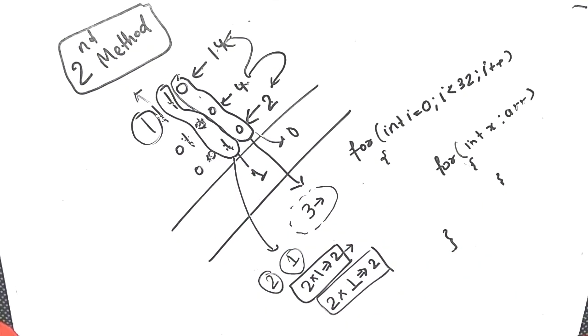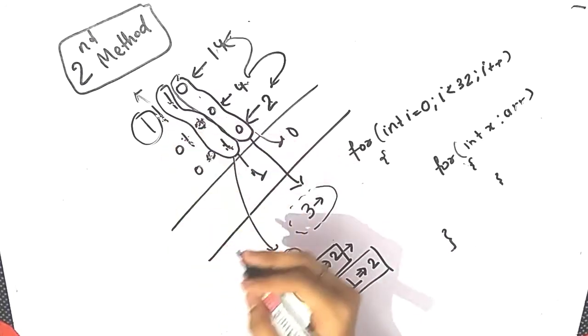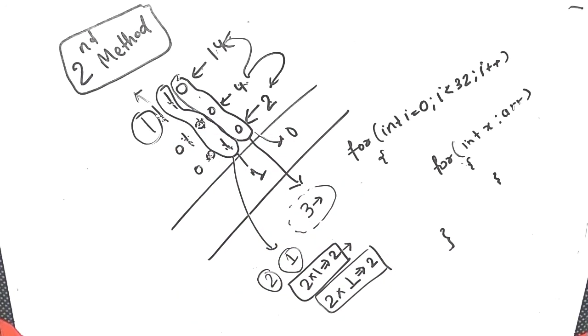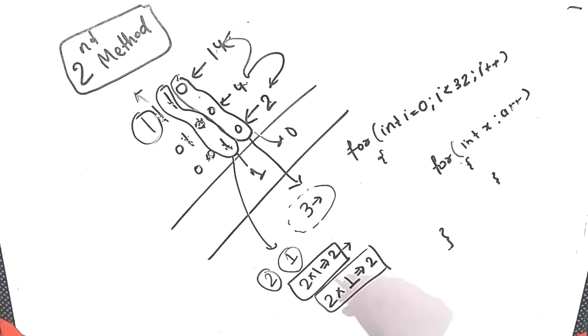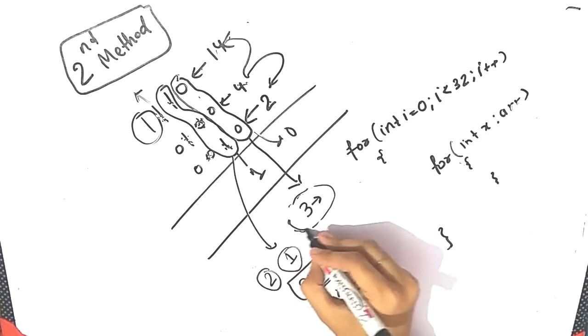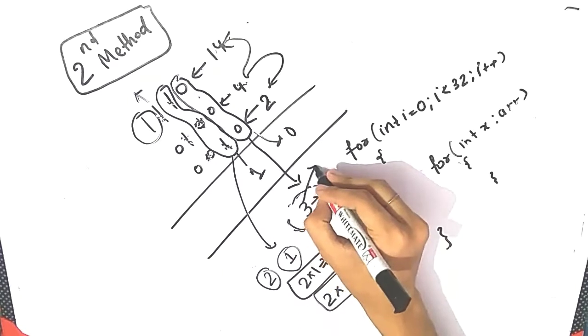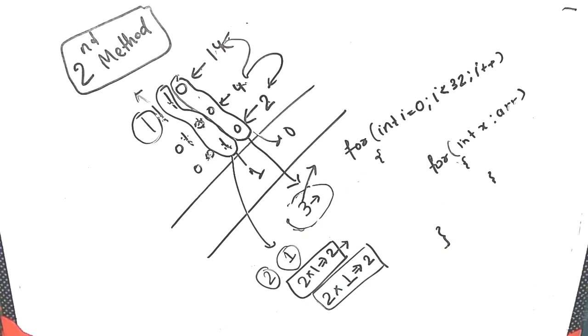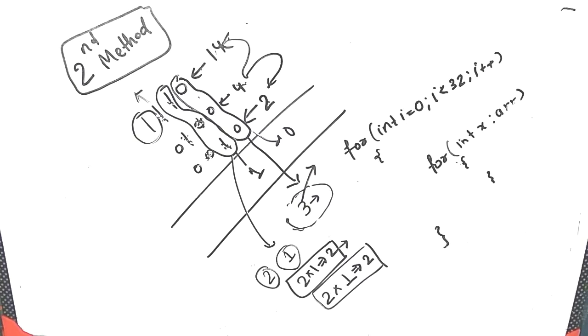correct, because the number of zeros and the number of ones will be used to determine the Hamming distance between them. If the number of zeros or the number of ones comes to be the size of the array, then there will be no Hamming distance because all the bits are the same.